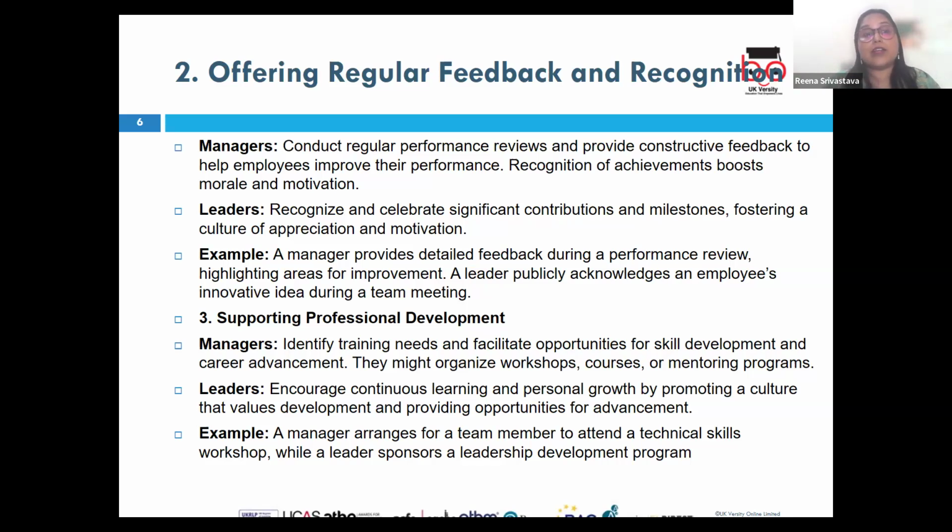But together, what they are trying to do is create an environment where the employees are motivated, supported, informed, and appreciated. Ultimately, this is going to help individual success as well as organizational success. Now, if you see AC 3.1,